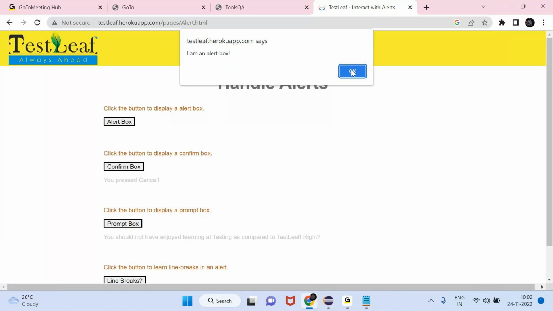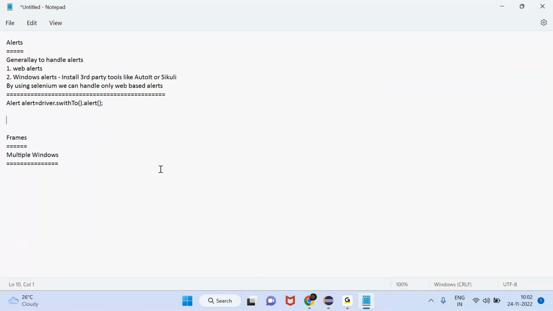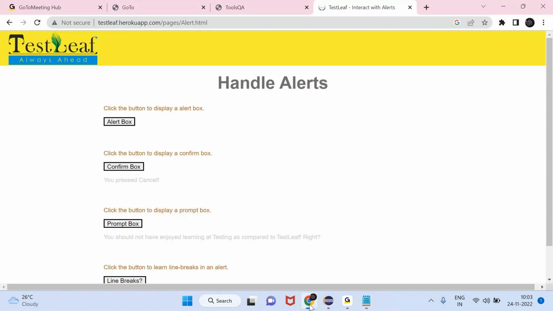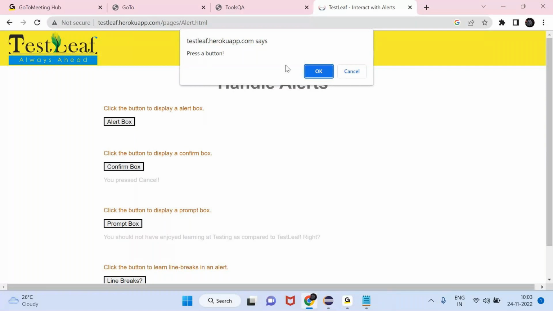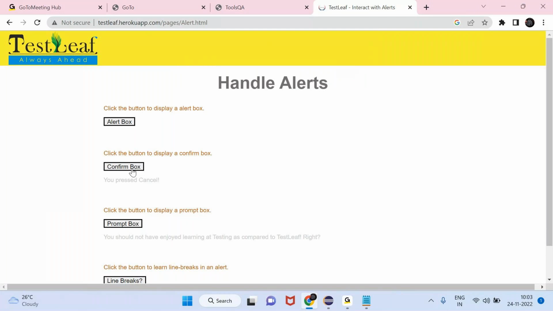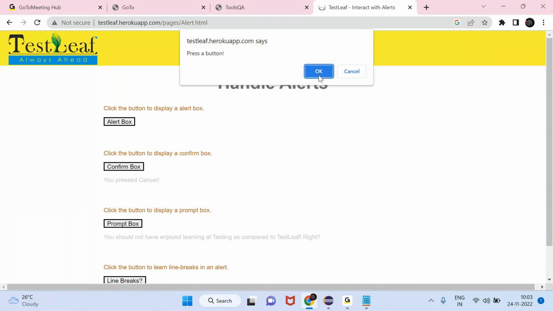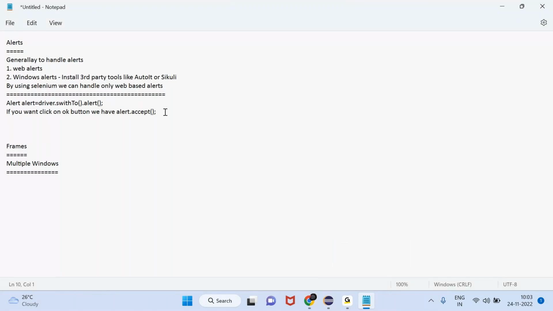If you want to click on OK button, we have alert dot accept method. Suppose, okay, this is another one. If you want to click on OK or cancel button, earlier we saw only OK button, right? Now we are getting cancel or OK button. If you want to click on cancel button, we have